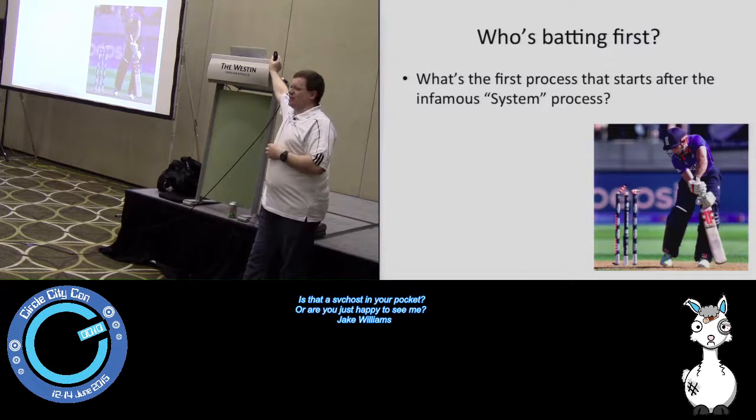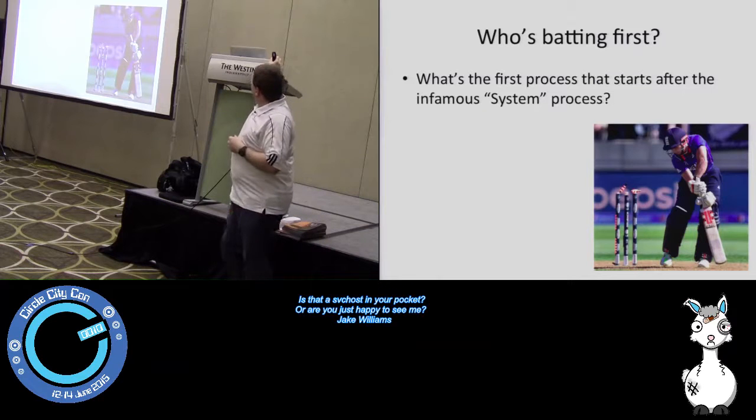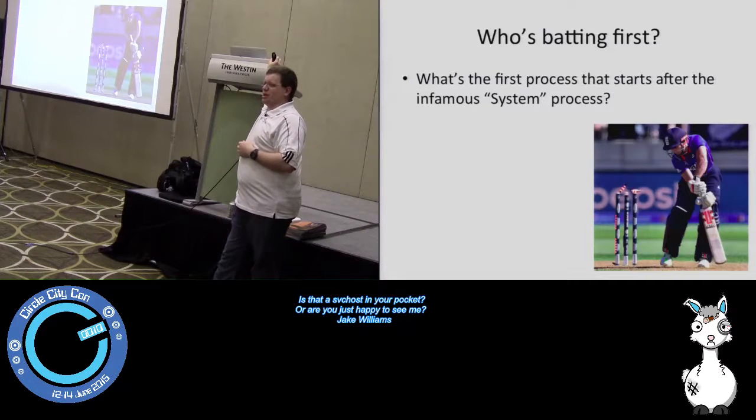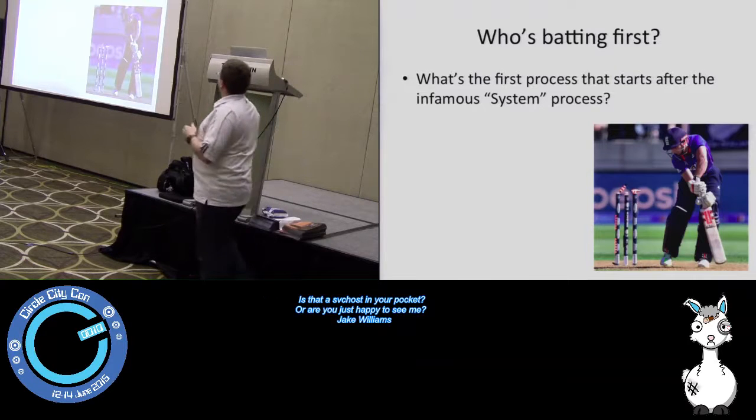All right. Separately, does anybody know the number of wickets that are required in a regulation game of cricket, the sport of cricket? That was actually a trick question. Cricket's not a sport, but for system,